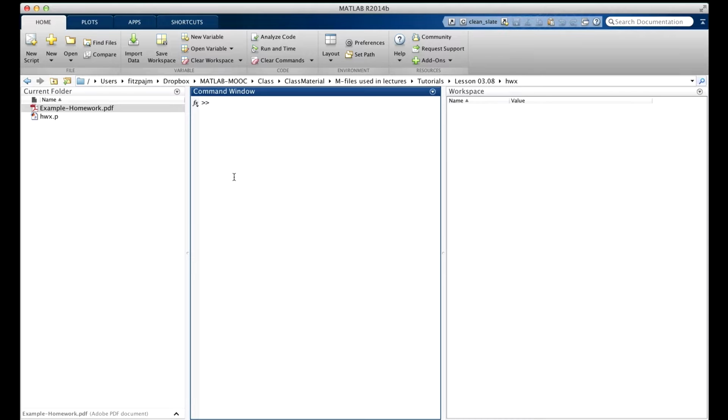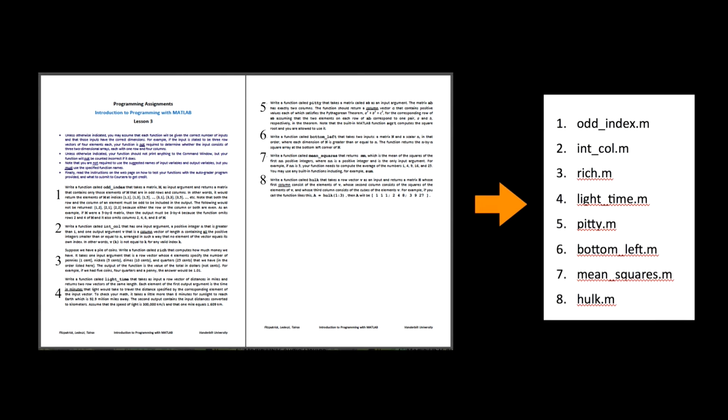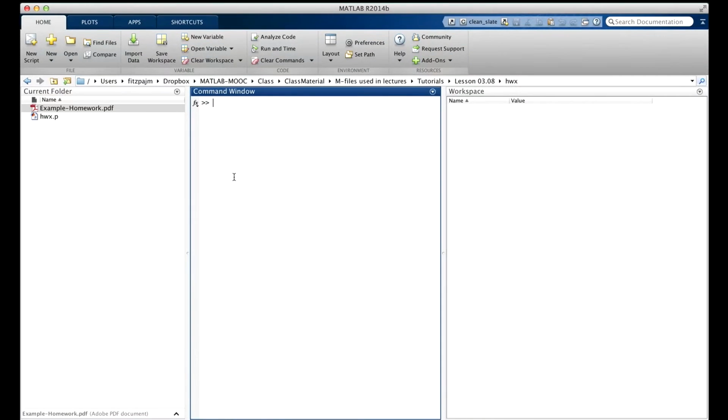The solution that you'll create for each homework problem will be in the form of one single M file. So, for example, if there are 8 problems in, say, the third assignment, you'll create 8 M files for that assignment. We recommend that you create an empty folder to hold the M files that you create for the assignment, and I've done that with this example assignment.